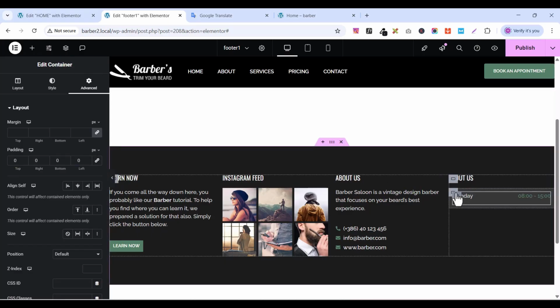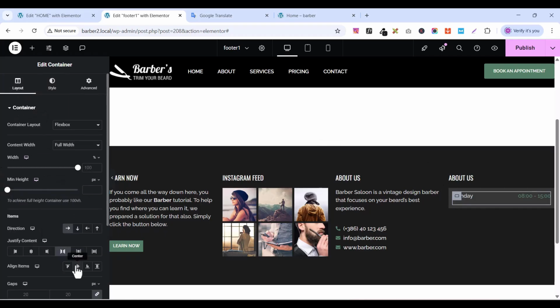Good. So after that, you can center this, selecting this. Okay, so let's leave it like this and duplicate this one,